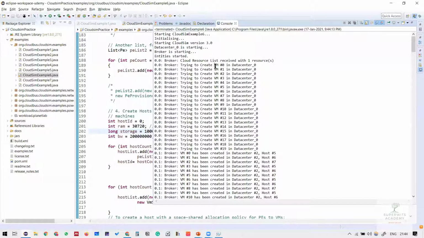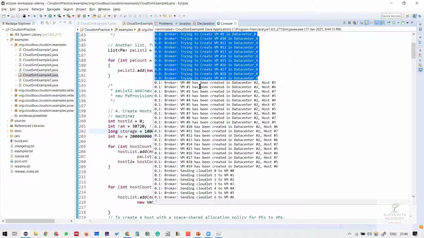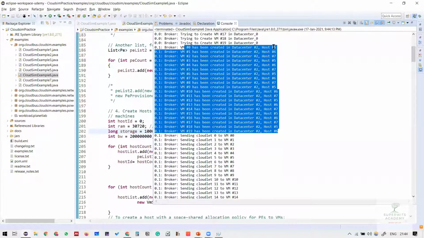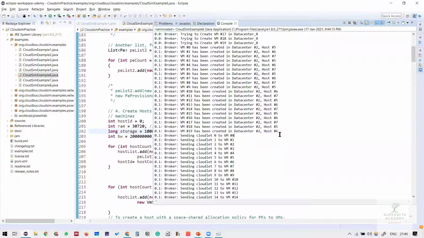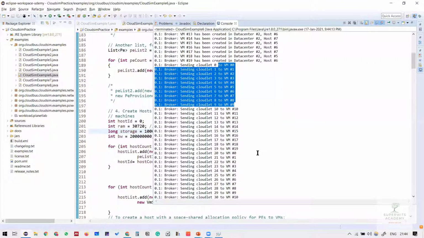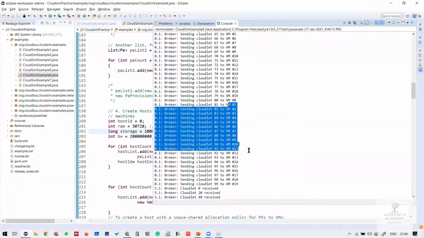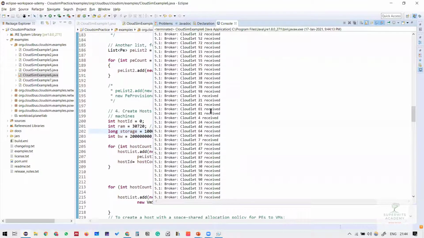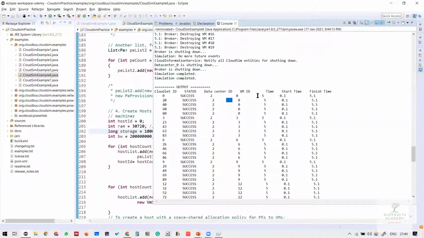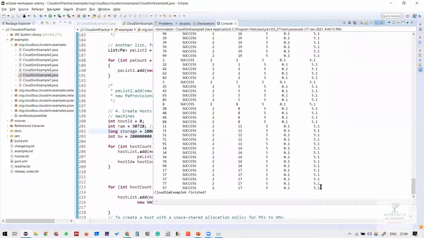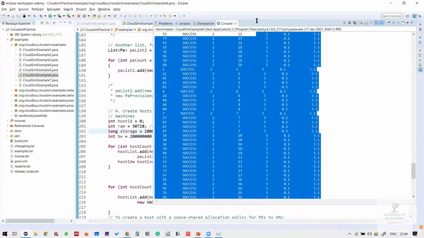Okay, so all the virtual machines from 0 to 19 are being created, and they are all being created on the number of hosts which are provided. This is 5, 6, 7, 5, 6, 7, and so on. And all the cloudlets are being sequentially allocated to all the virtual machines, and they are all being received at this very specific time, because we are actually using the time shared cloudlet policy over here, right? So all the cloudlets are being executed under the time shared policy, and this is the reason why you are looking at this particular behavior.